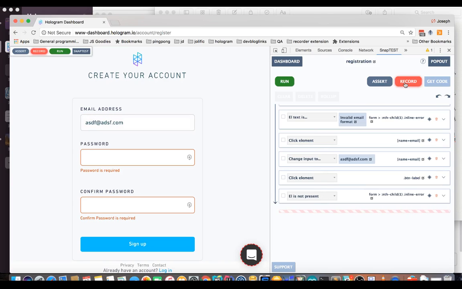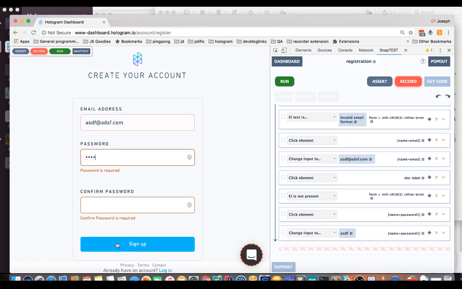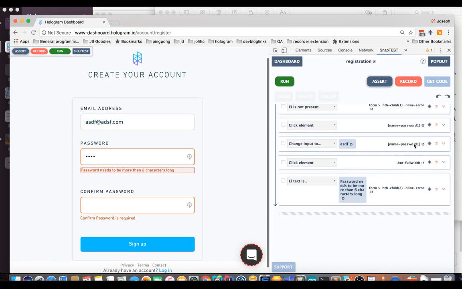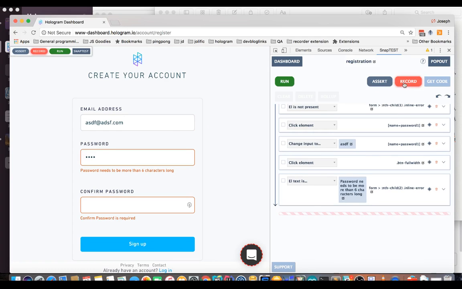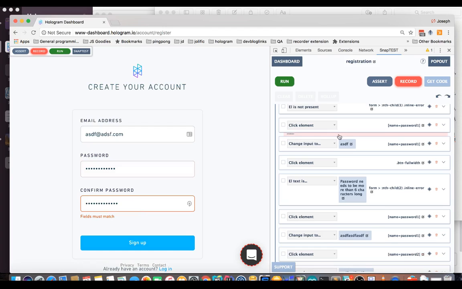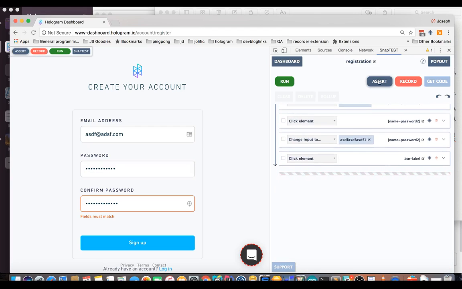Great, let's continue. I'm going to record and make some tests around the password inputs here. If I type ASDF and hit sign up, it's going to change the validation message to say that passwords need to be more than 6 characters. So I'm going to assert that exists. Then I'm going to make it a long enough password, but I'm going to make the second password not match. Fields must match. Very good. I'm going to assert that that validation message appears, and then I'm going to